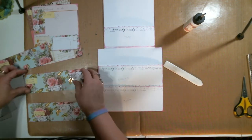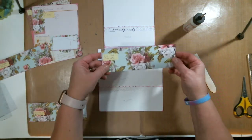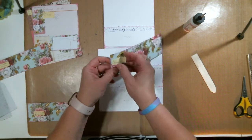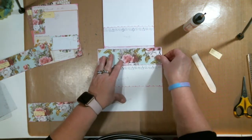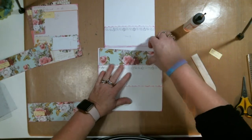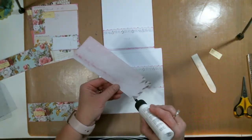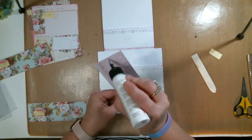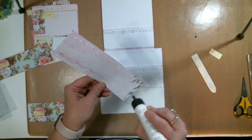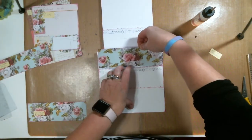So the first one we have is this paper. It's 7 3/4 by 2.5, and it's actually just going to go right here in the top, just like that. Isn't that gorgeous? Oh my gosh, this paper is gorgeous. This would make a great wedding album, a great best friend album, a just I love you album to anybody. It's just beautiful. So we're going to tuck that in there